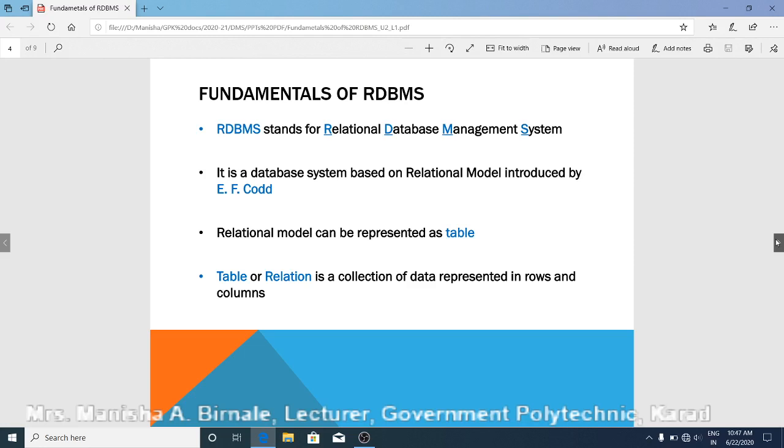It is a database system based on the relational model introduced by the scientist Codd. The relational model can be represented as a table. Tables are used for storing information in this relational model. Here a table or relation is a collection of data represented in rows and columns.